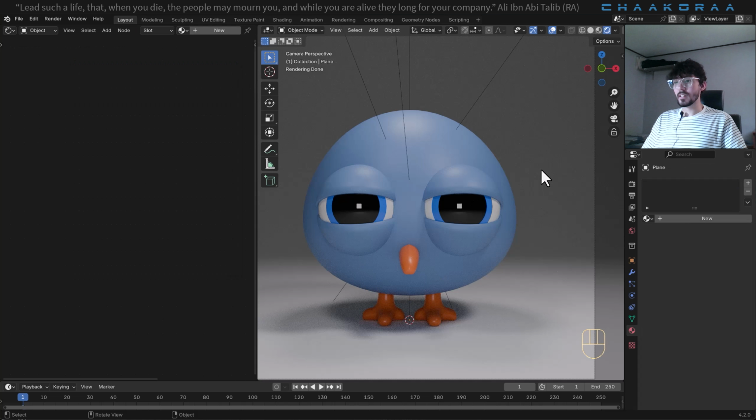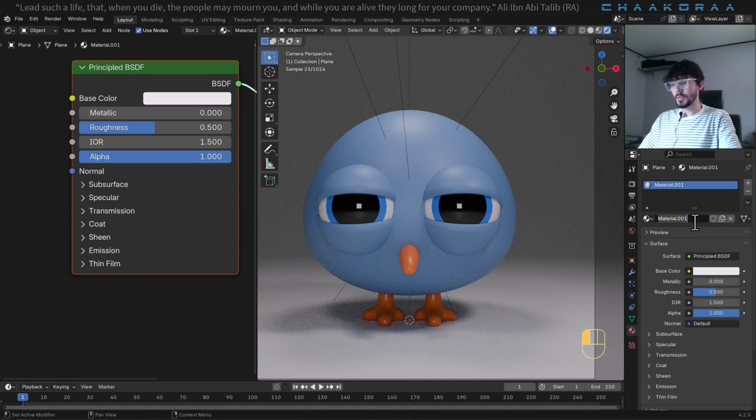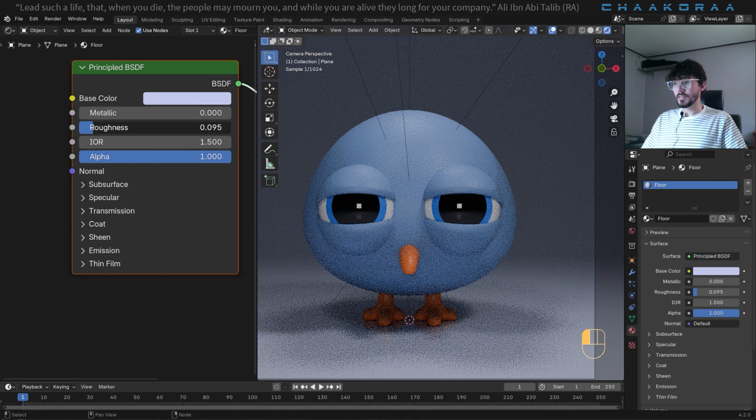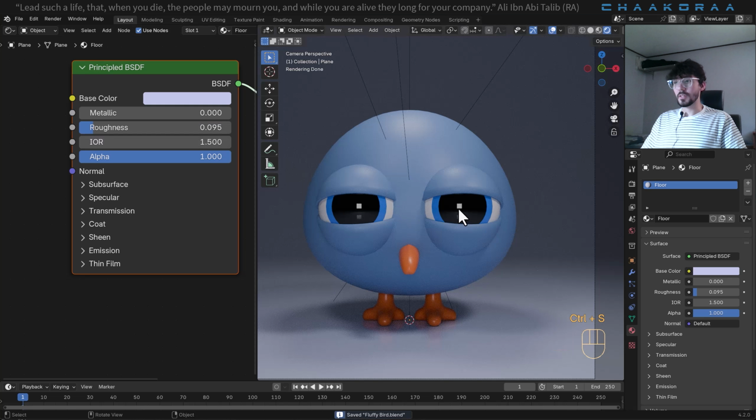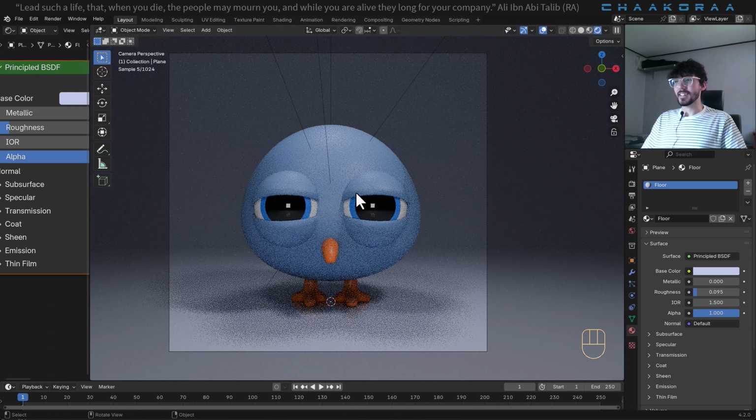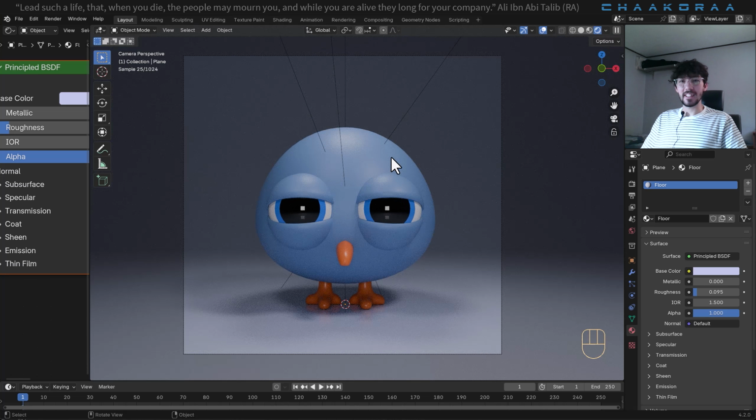Okay, and for the last option, select this floor and click on new. I'm going to call it floor, and change the base color to a color like this, and decrease the roughness like that. There you go. So don't forget to save your project up to now, because we're going to add the particle system, and the fun part will start. In that case, you should be a little bit